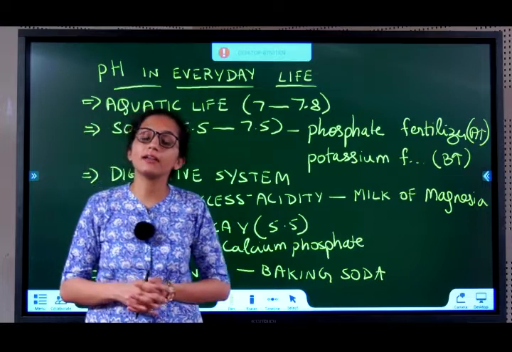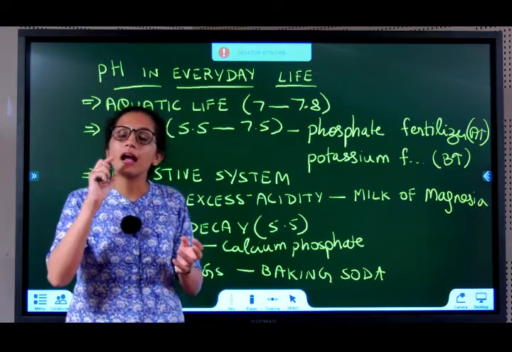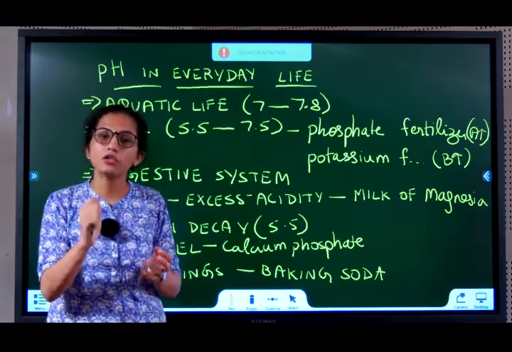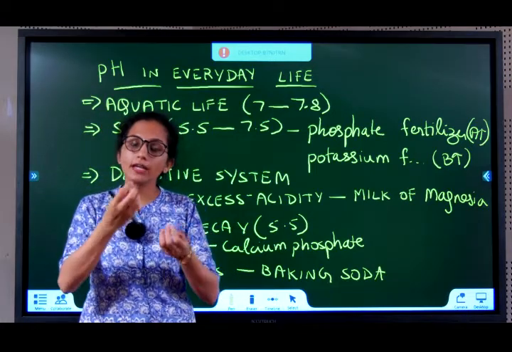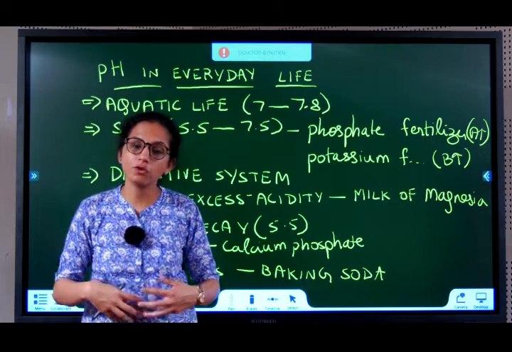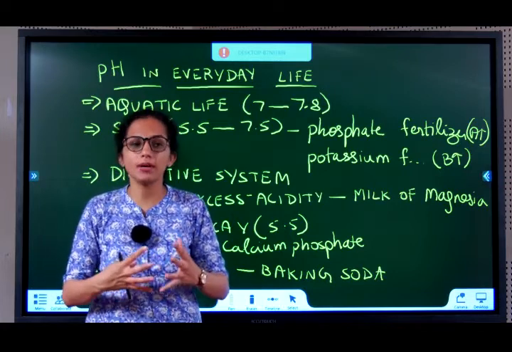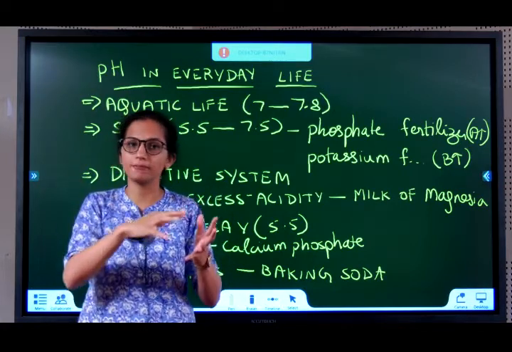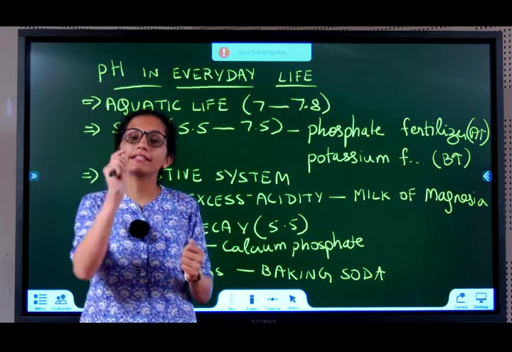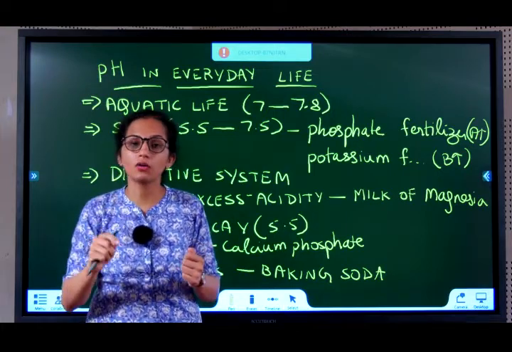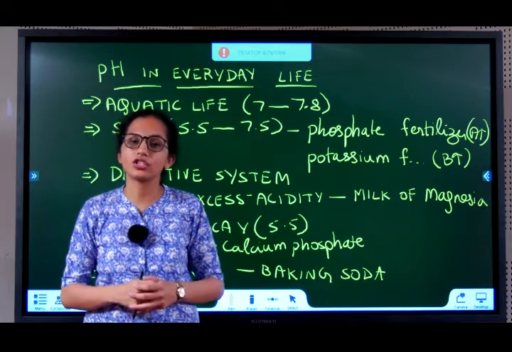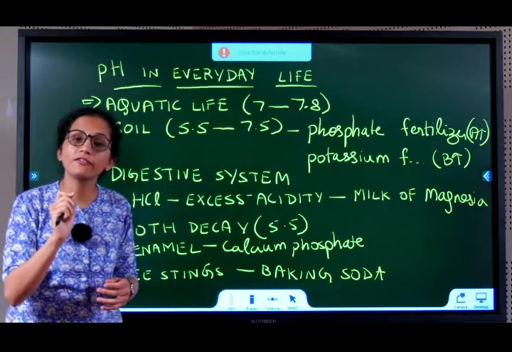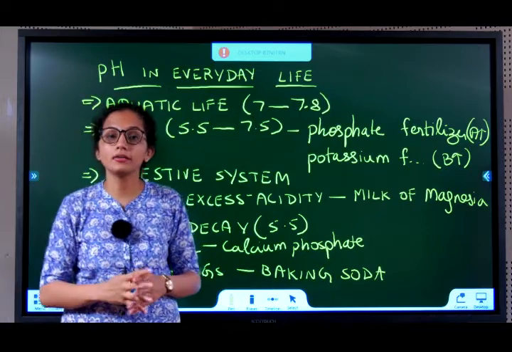You'll feel the acidity. Why does that happen? Our stomachs produce acid to break down the food particles in our stomach. Suppose you are not eating anything, you're not giving it any food, what happens? The acid produced in your stomach does not have food to react upon. So what will it do? It will start reacting on the walls of your stomach, which is why you find it irritating. You find a burning sensation. Therefore, you need to eat food in appropriate intervals.